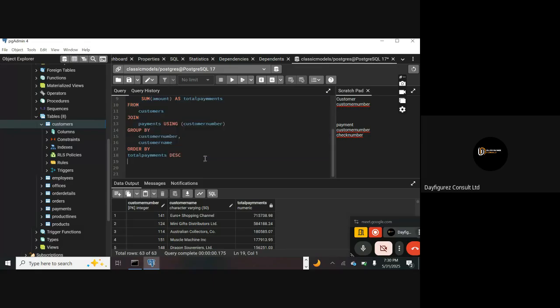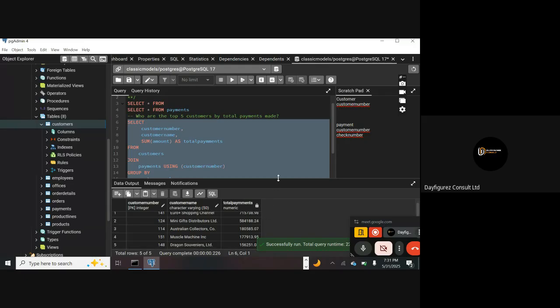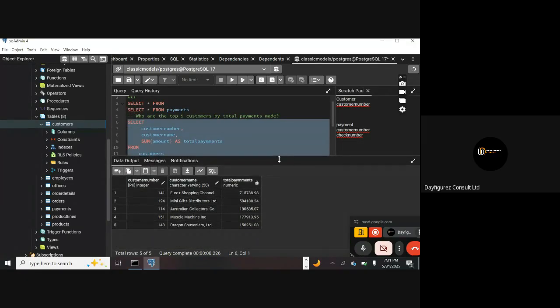Once that is done, you can then limit 5. Okay, once you do that, and probably put your semicolon, which is the standard SQL practice to end your script, you have only 5 records. So you see it here, we have the 5